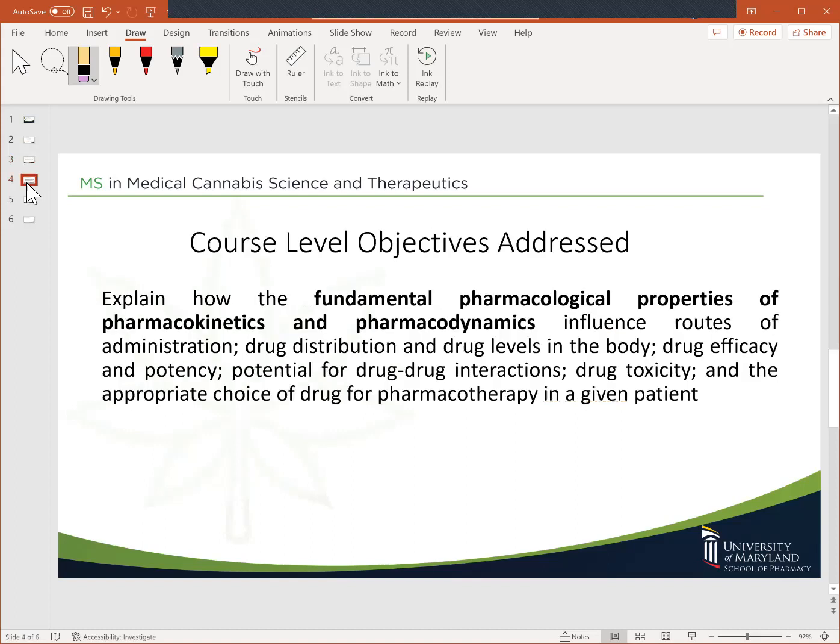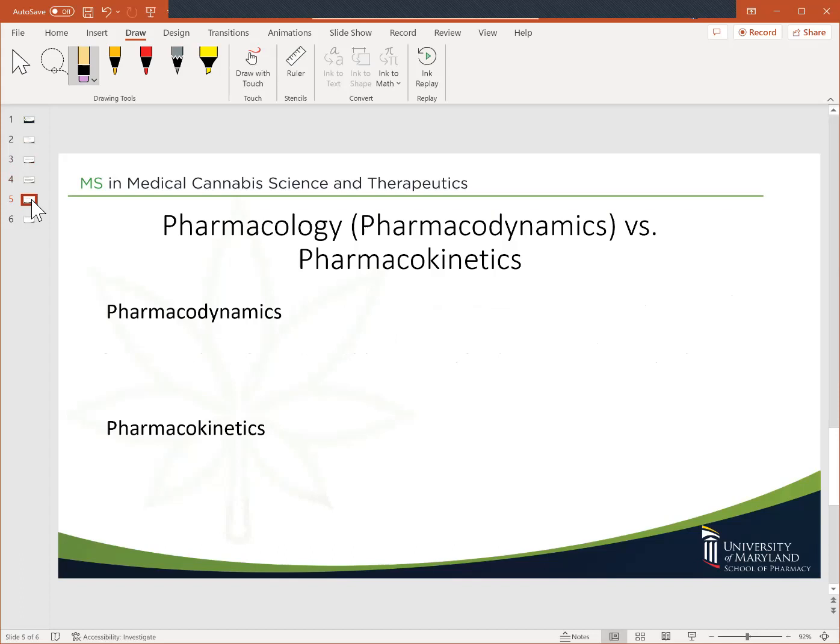We also have the course level objectives addressed, written here. And for instance, the very first thing we discuss is what is pharmacology. It's the action of drugs, but the action of drugs is actually split into two things. We can think about this in terms of what we call pharmacodynamics and what we call